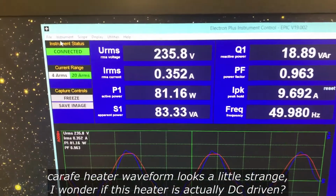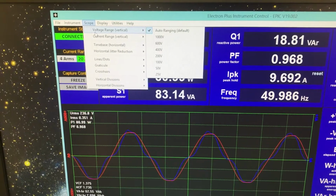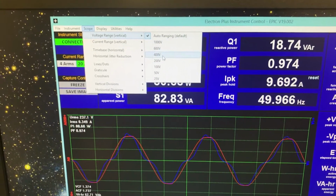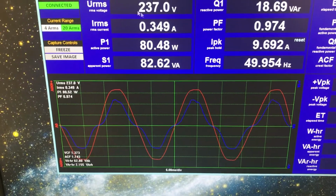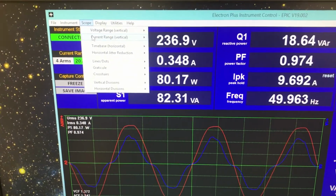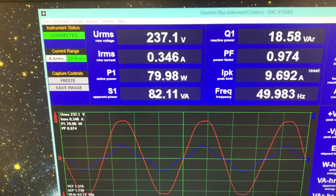And what else? Scope. You can change the vertical trace. So this is the voltage trace. It does auto ranging, or you can force it to any particular setting. So I could force that to the 400 volt peak setting there, or back to scope. I can do the same with the current range. So I could force that to the 2 amp current range,